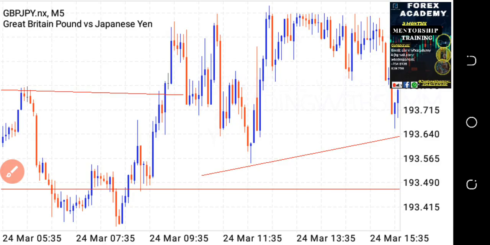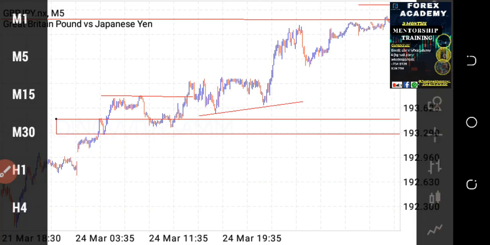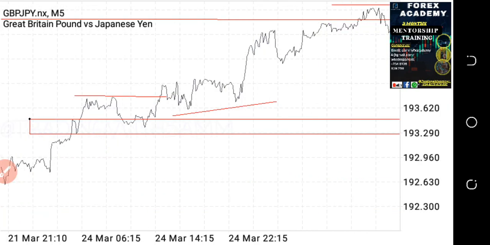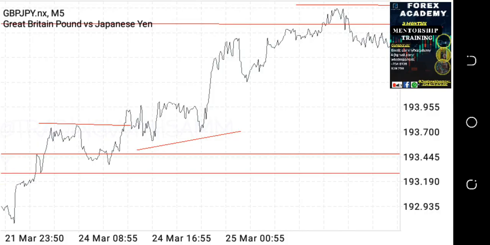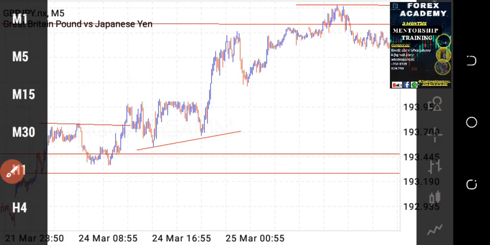Now don't get confused by this, because price actually created the liquidity zone. Let's use the line chart to see it. You can see clearly that all of this needs to be filled. Okay, price needs to come back here and fill it up. Now there's something I want to show you, and it is off the 30 minutes. Back to the 30 minutes.